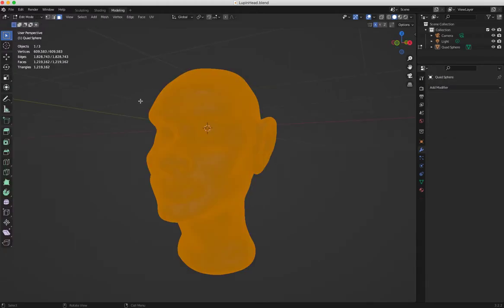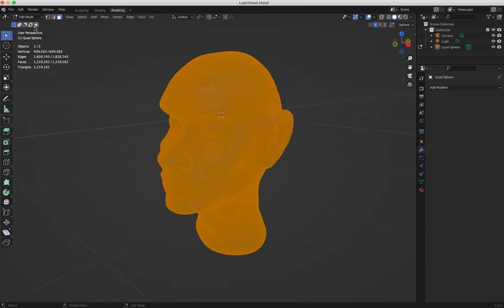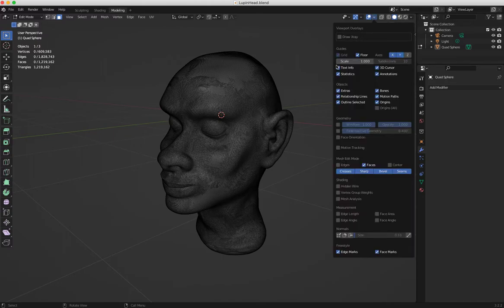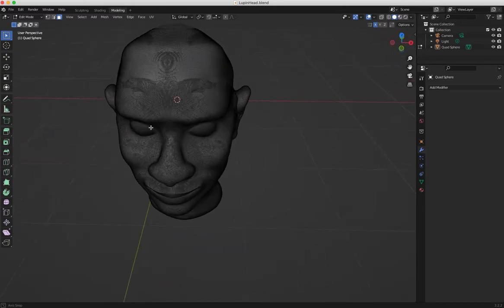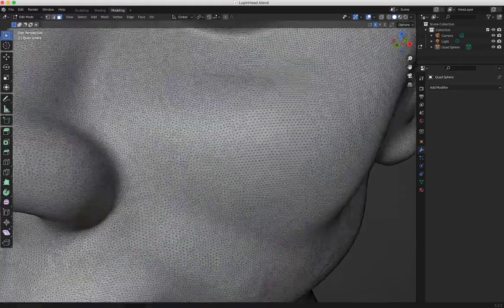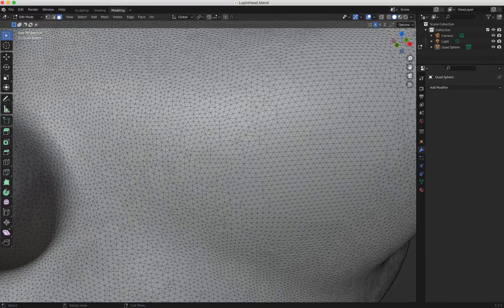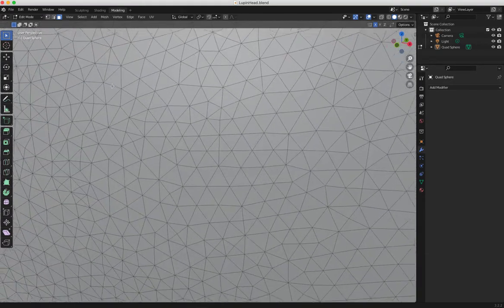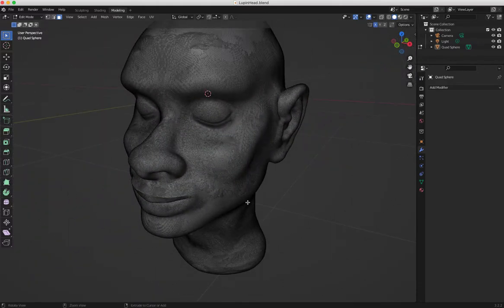When I go to the modeling tab, it goes into my edit mode. As you can see, I have a very, very high poly mesh. Let's just turn this off for a second. This is a very dense mesh, as you can see. If I get it closer, you can see, first of all, it's very dense. Second, it's all done with triangles, okay? So this is great for sculpting, but I wouldn't be able to use this mesh. I would definitely not be able to bring it to a game